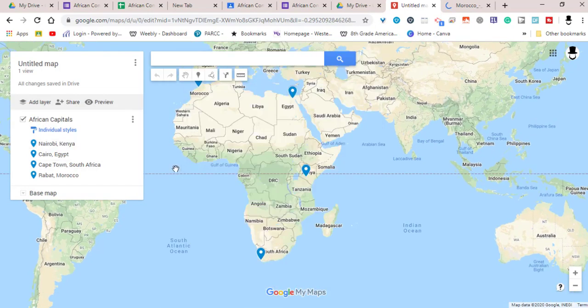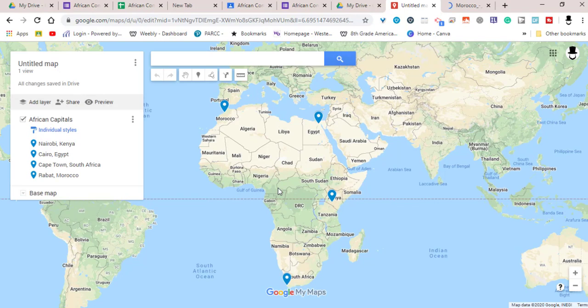All right, so anyway, I thought it was a cool little tool here to use with mapping. Of course, you could use it with history. I'm a Civil War nerd. It'd be awesome if you could take Civil War battles, have the students map out all the battles, where the battles took place, and then all the information, and then you would have this one map that would populate the entire class's responses to